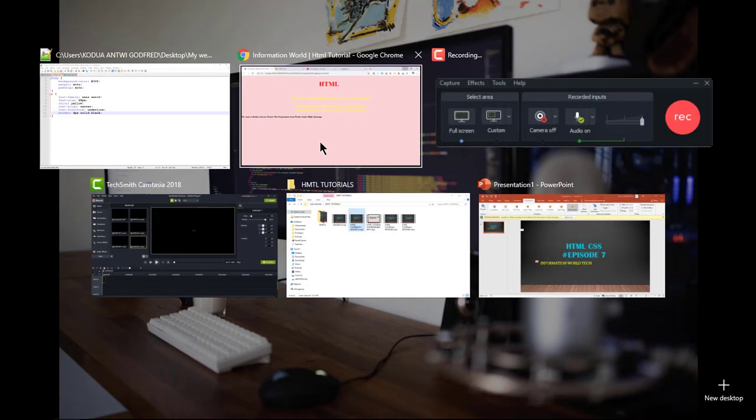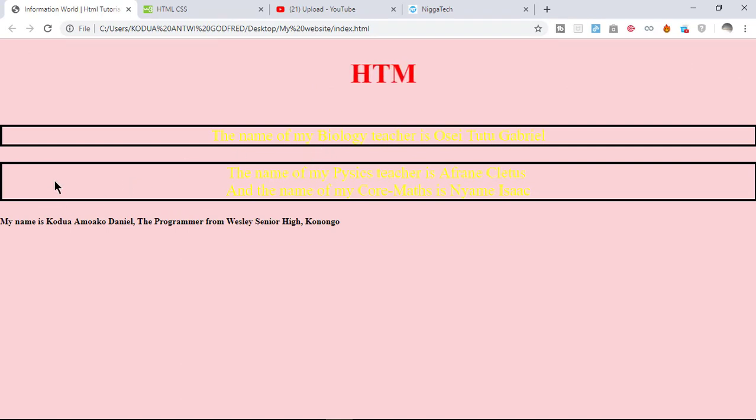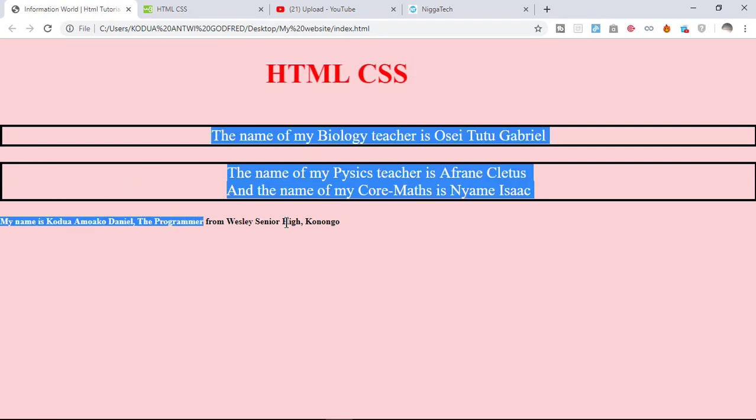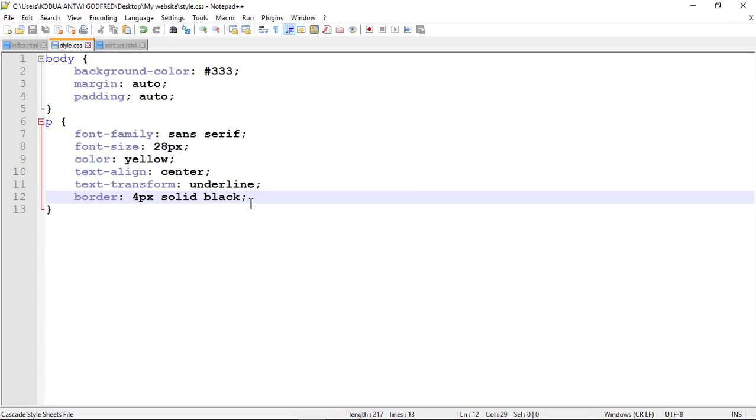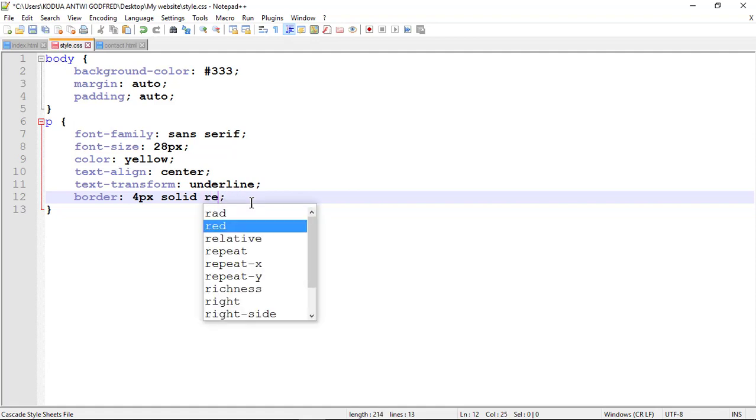Save this and refresh the browser. As you can see, we've added borders to the text. You can change it to solid red, solid blue, solid any color, or any preferred color